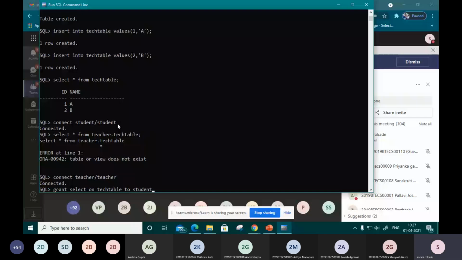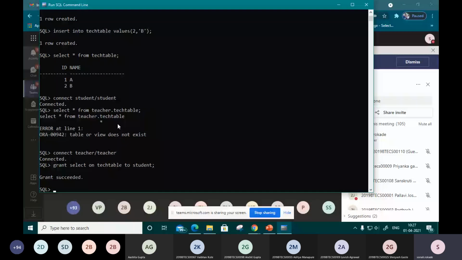So we are having grant succeeded. What we did here: we logged into the user account teacher, then got connected. This account granted select permission to student on the test table. So it is grant succeeded.